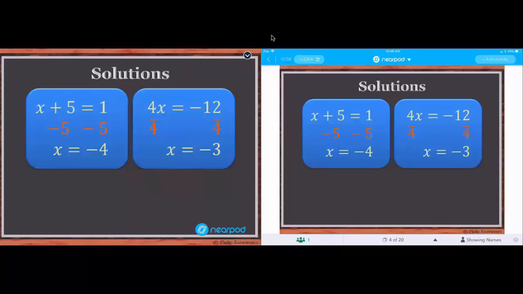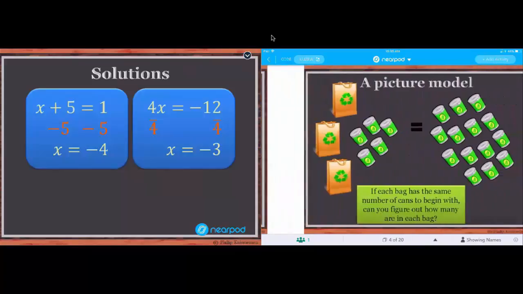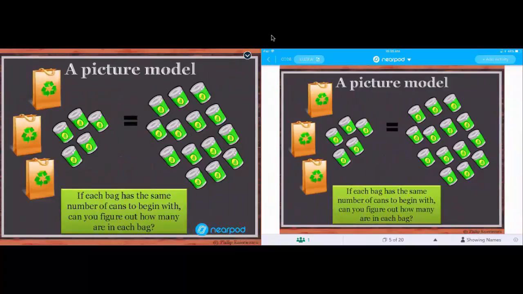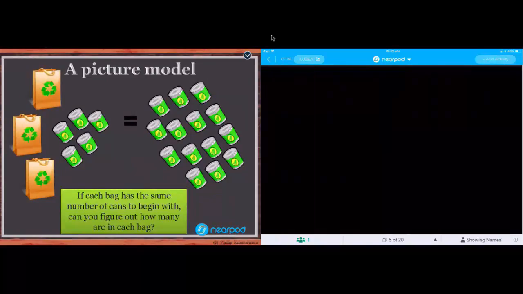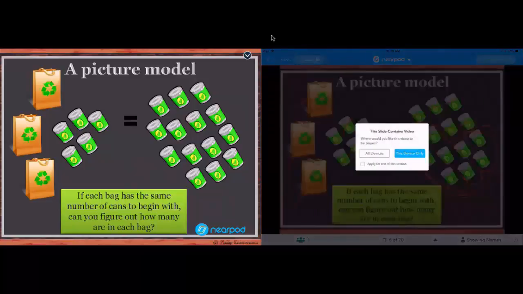And instead of projecting this onto the screen up in front and using the lecture format, it's interactive, where the students have it in front of them on their iPad. And so I can go through and talk about how to solve x plus 5 equals 1 for x, and that x equals -4, and some other examples. And I can go through and use a pictorial example for that, and how to solve it that way, because this is how it's already developed.